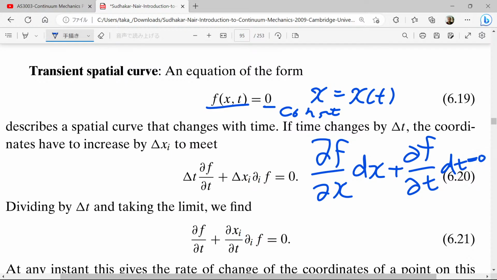You just change this one to delta x, this one to delta t, so you obtain this. So the total derivative is 0. Dividing by delta t and taking the limit, we find